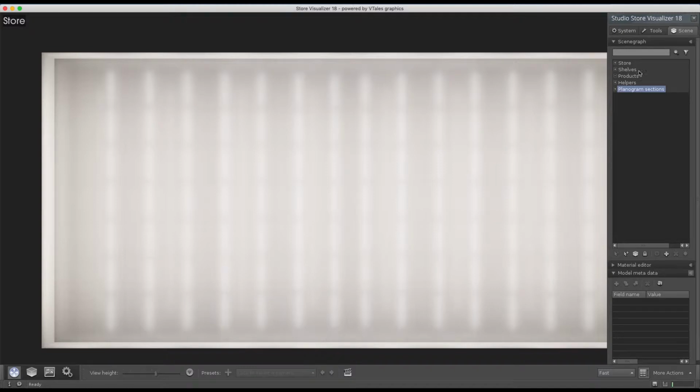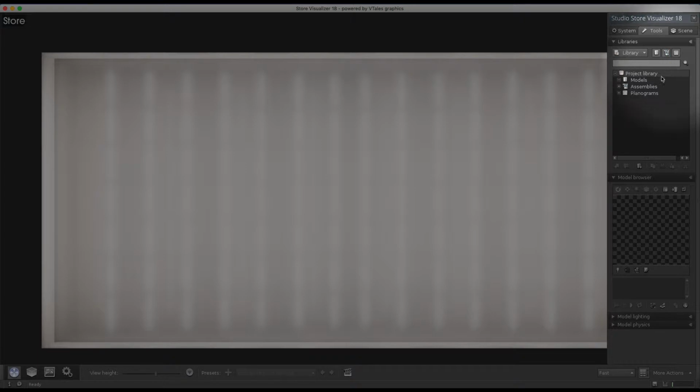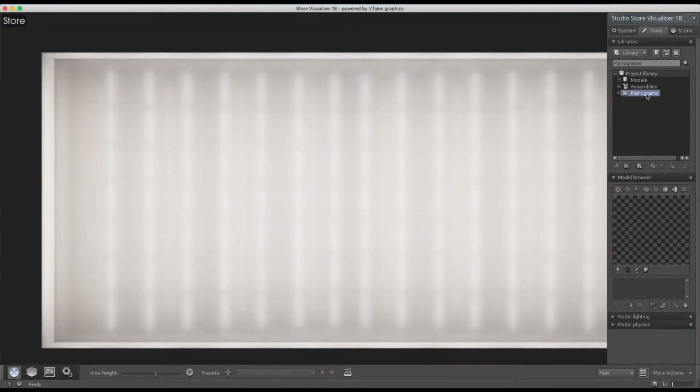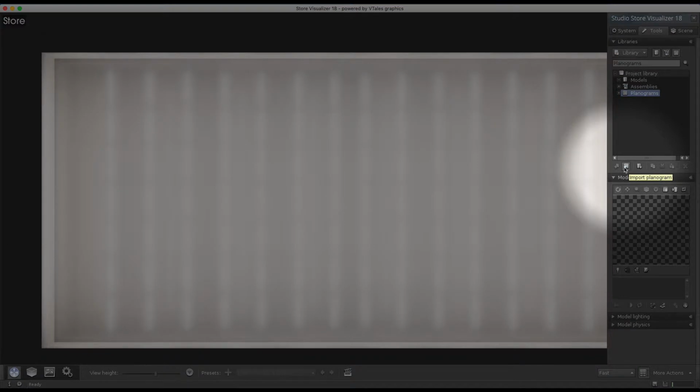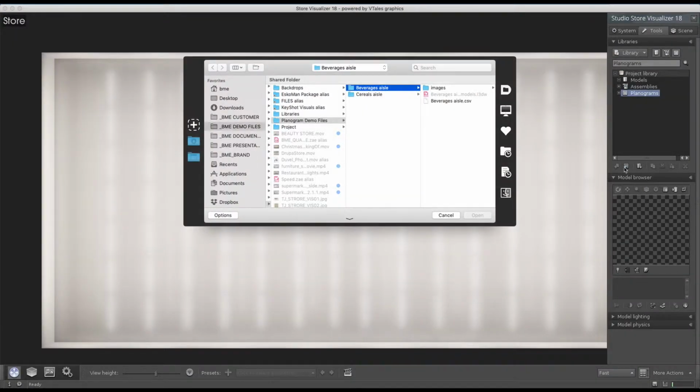Notice in your scene we have the planogram section as well as in the tools. However, in the tools, by default it is hidden. So you would activate this little toggle right here to show planograms. This will also activate the import planogram,